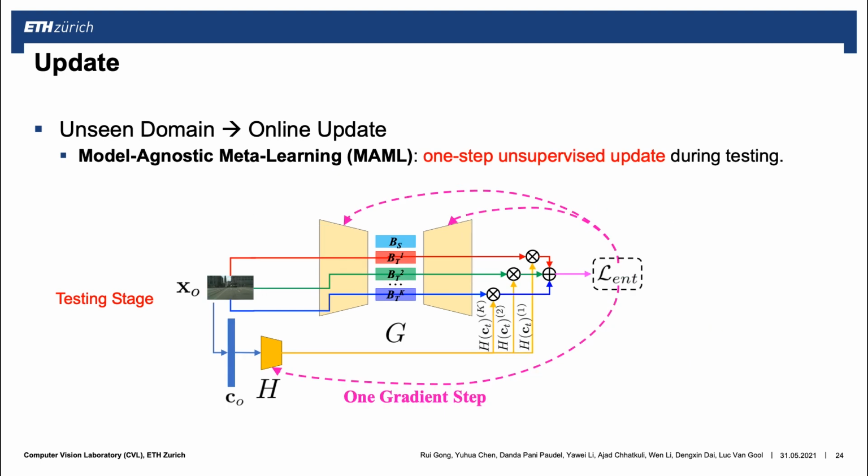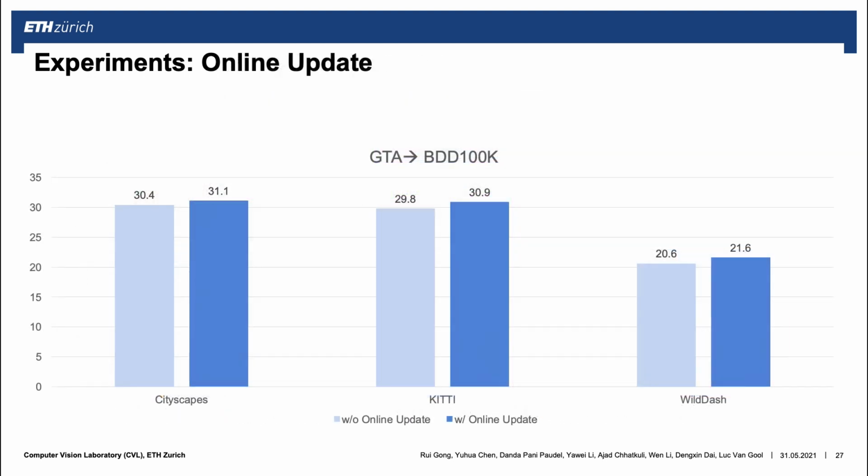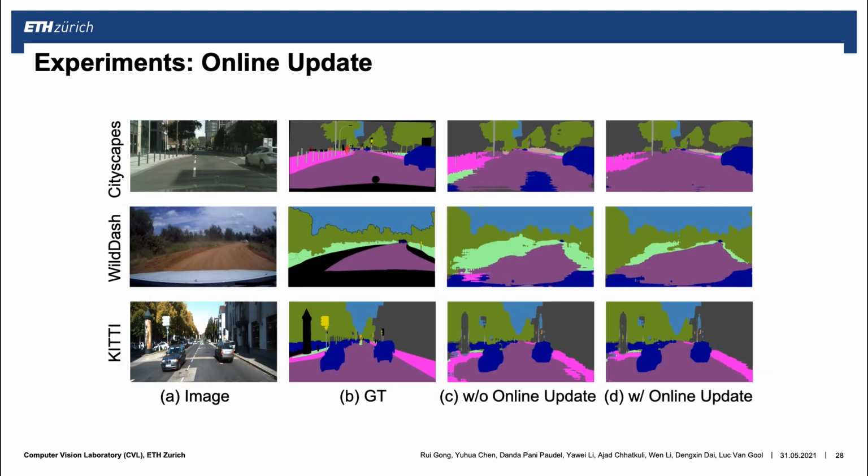From the quantitative and qualitative experimental results, it is shown that our proposed framework outperforms the previous methods. Besides, we also compare the model performance with or without online update on the unseen open domains. It proves the fast adaptation ability of our model benefiting from the update module. As a take-home message, we designed the meta-learning-based framework for the OCTA problem composed of cluster, split, fuse, and update modules. That's all. Thanks a lot.